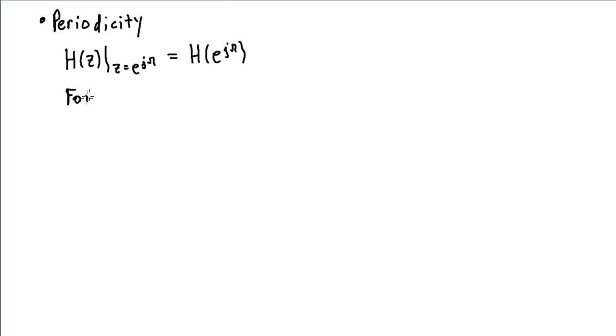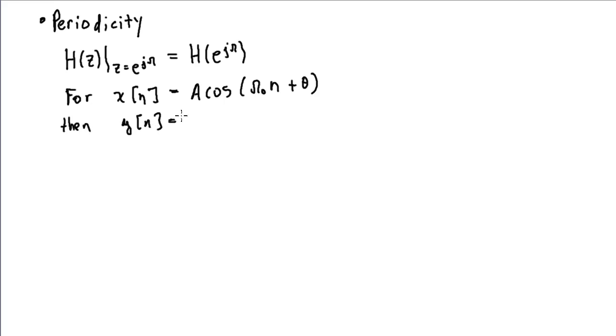For a periodic input, a sinusoidal input in this case, cosine of omega 0 n plus theta, the corresponding output, y of n, is equal to the amplitude of the input times the magnitude response evaluated at the frequency of the input,